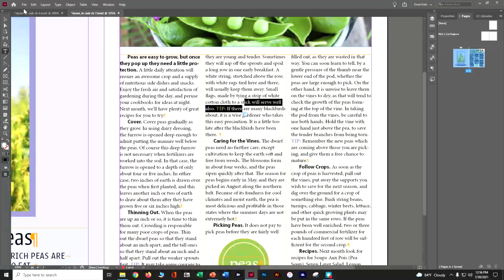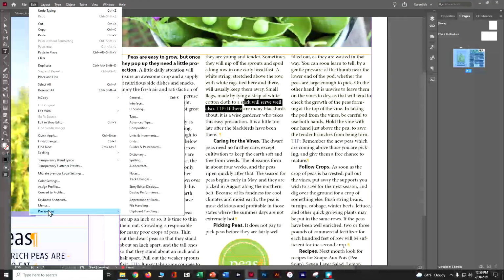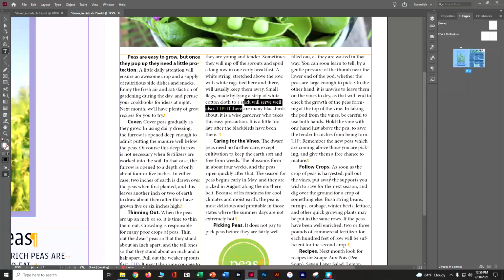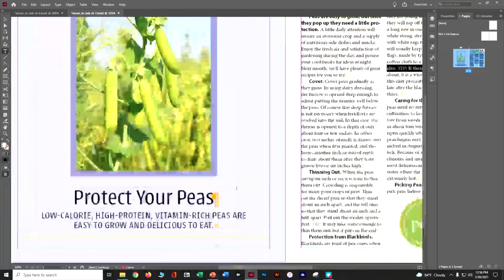So this is another one where you have to go to Edit Preferences or InDesign Preferences. And let's go ahead to auto spelling or autocorrect. Here you go, autocorrect. Enable autocorrect allows it to automatically, as you're typing, fix things as you go. Pretty much most of us are used to autocorrect, so let's make sure you turn that on. Just kind of general things to think of as you are creating documents, especially if you are typing